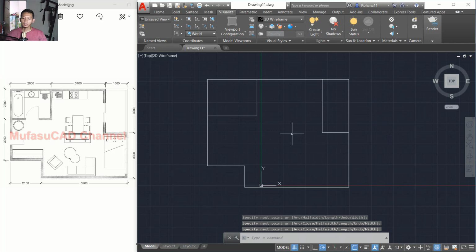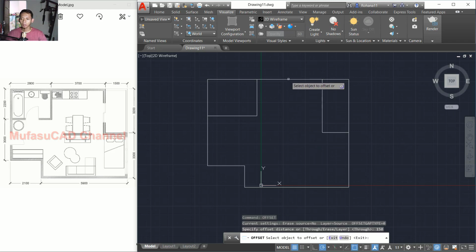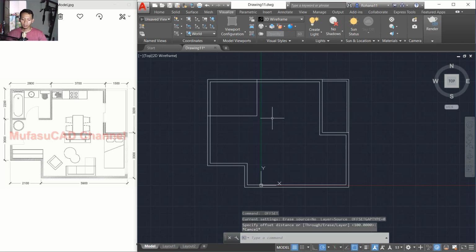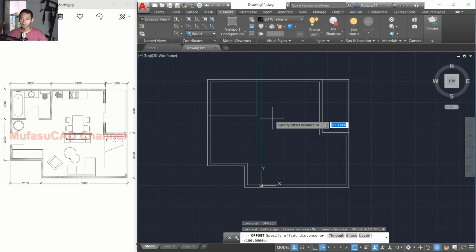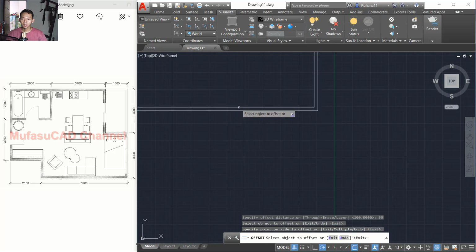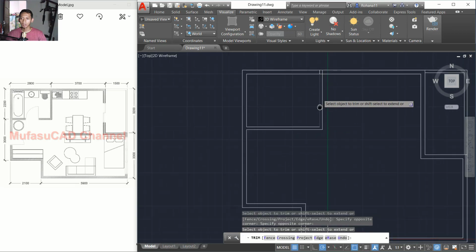Okay, next I will use offset command with offset distance 150. Click this object and click inside. Okay, we offset again with offset distance 100. Click this object, click inside. Use offset command again with offset distance 50. Okay, I will click this object, click in here and click this object, click in below here. Okay, you can delete this line object and use trim command to cut this line object, and we cut again